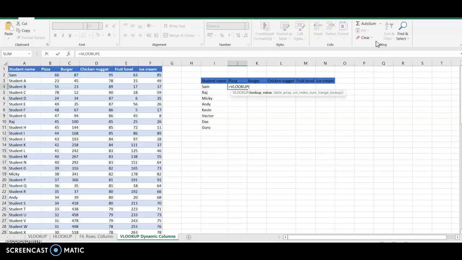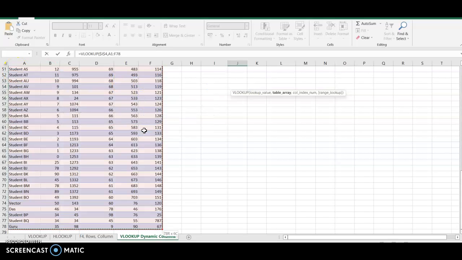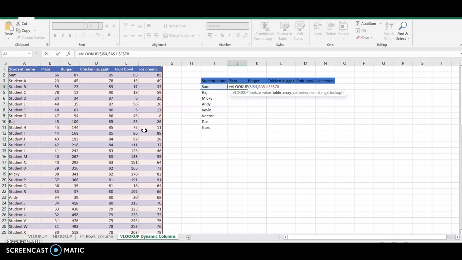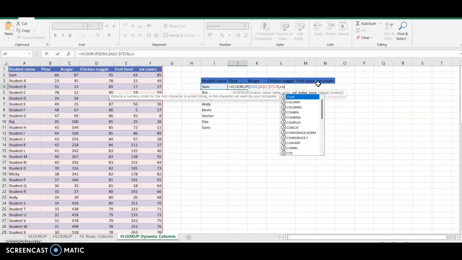So we look up, I'm looking up for Sam. Okay, for the time being, let me fix this also by pressing the F4 button, and then choose the table array. Okay, and then press F4 on my keypad. Fix it, and then column number 2. So I cannot be choosing column number 2 because I have to find out details for burger, chicken nugget, and others as well. So that's when I use this